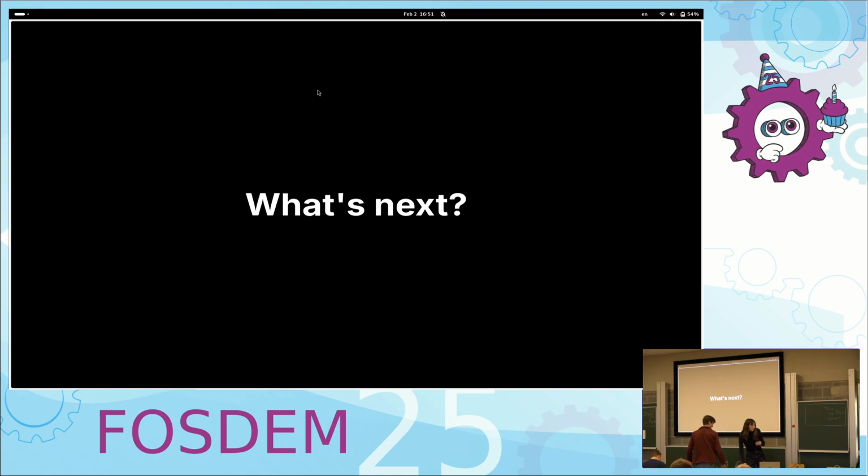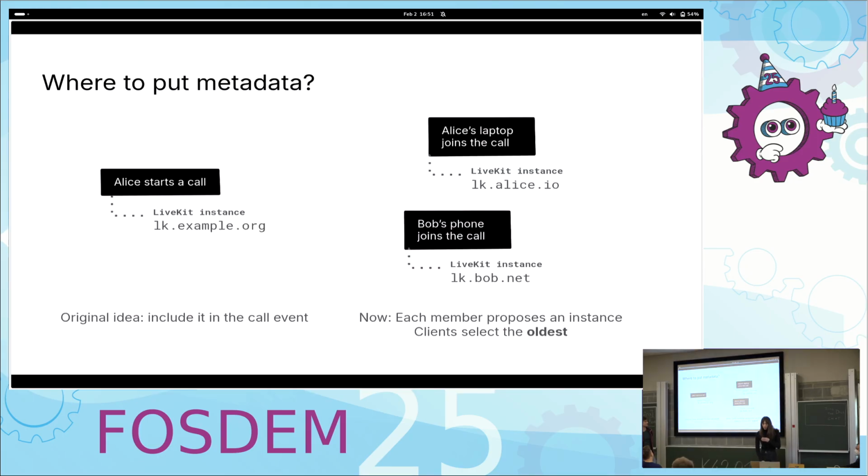Okay, and now with whatever amount of time we have left, I would like to just go through a few things that we have in mind as possible next steps for Matrix RTC. So one question is, where do you put metadata about a call, such as which LiveKit instance to connect to? We previously were putting this in a state event that just describes information about the whole call,